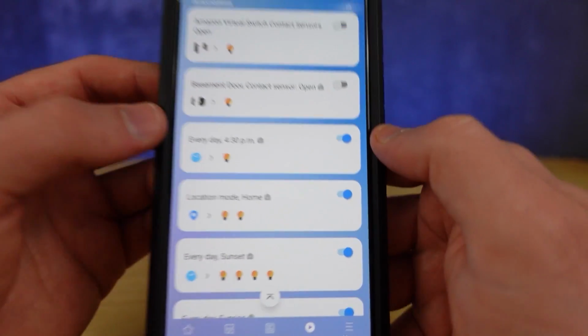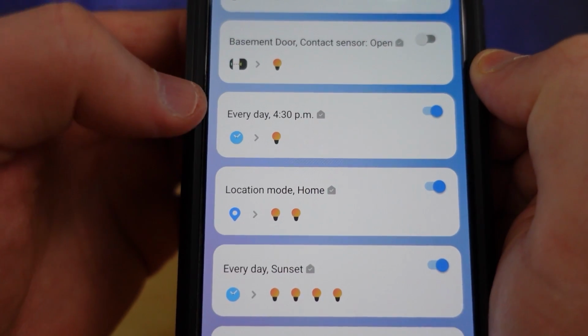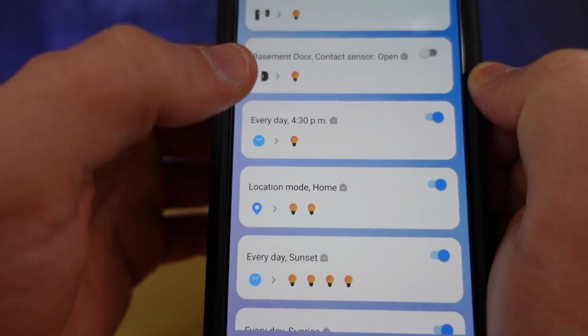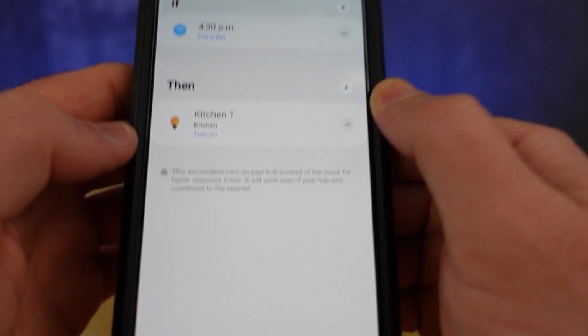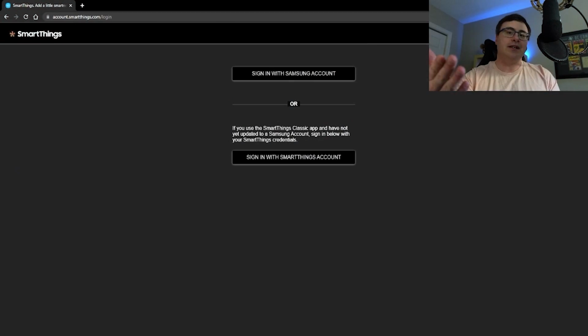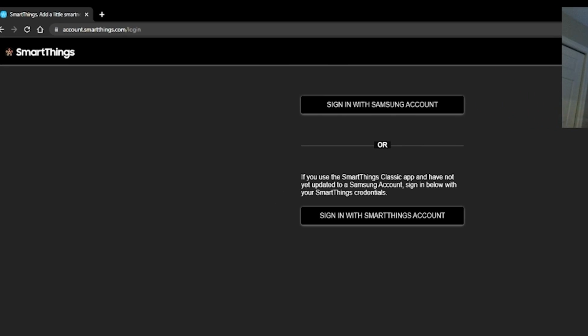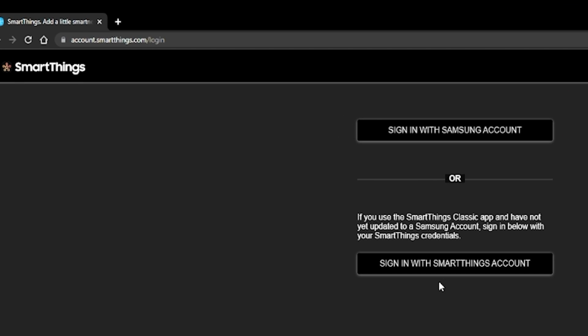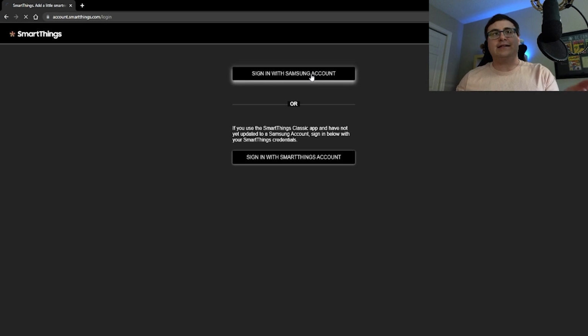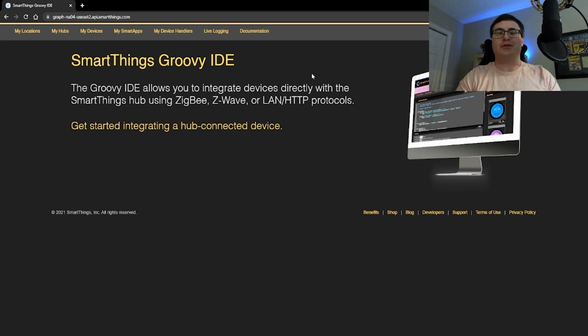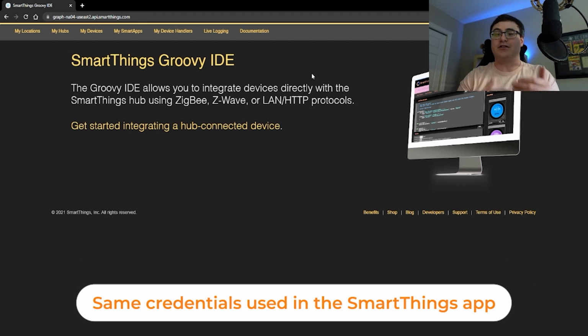But you can find out if something you purchased is connected locally, and this gives us an option to make adjustments. So the first thing you need to do is to head to what is called the Samsung SmartThings IDE, and this is at account.smartthings.com. You're going to click to sign in, and it should prompt you to sign in with your standard SmartThings